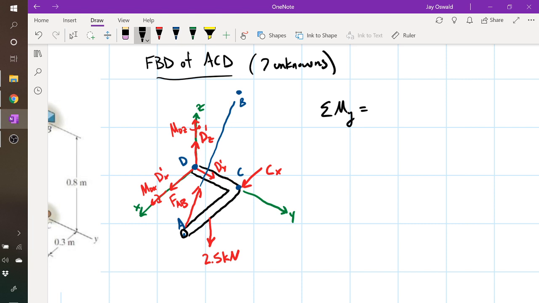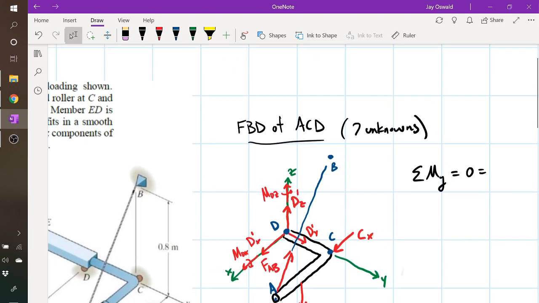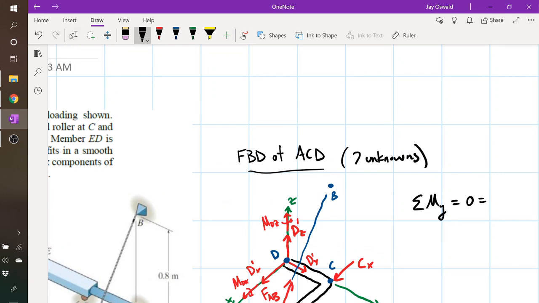All right, so sum of moments in y is equal to 0. So now we got to do something, right? I'm not going to be able to write this equation because I don't know what the y component of FAB is. So let's just do that. So FAB. Oh, and I told myself I was going to call it T. Oh, well. So force FAB is going to be its magnitude multiplied by its direction, RAB. And then do not forget to normalize RAB. So that's going to be FAB